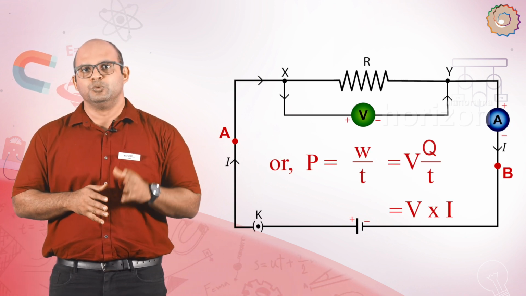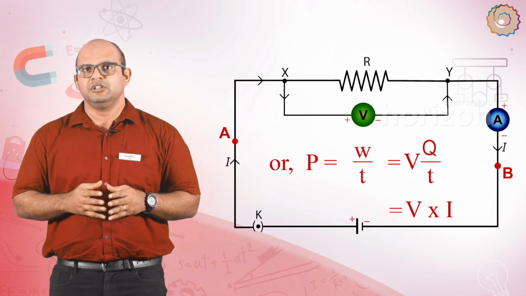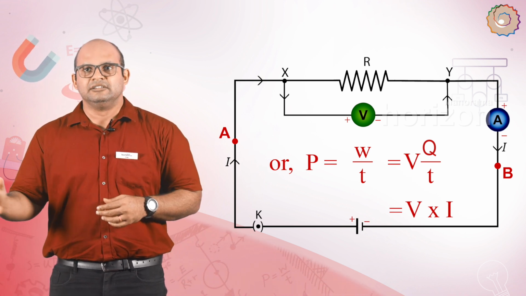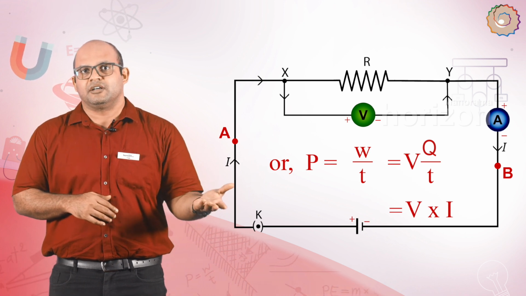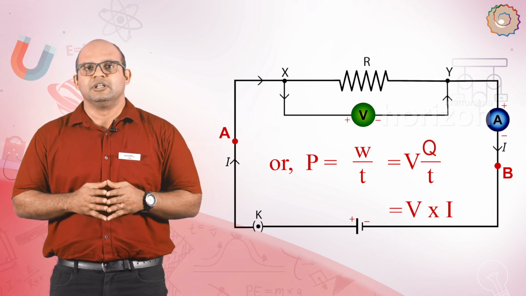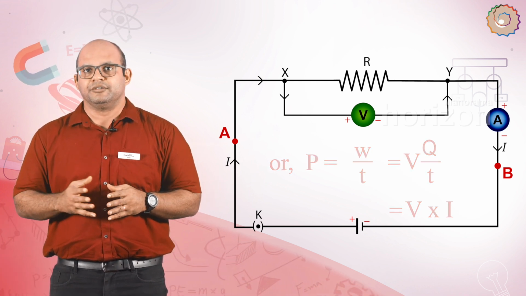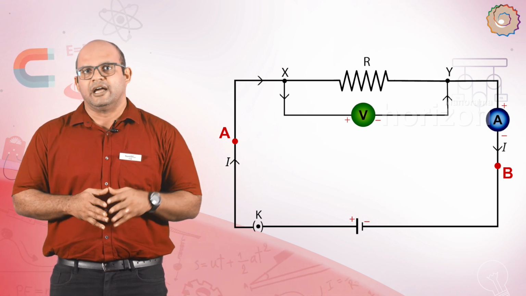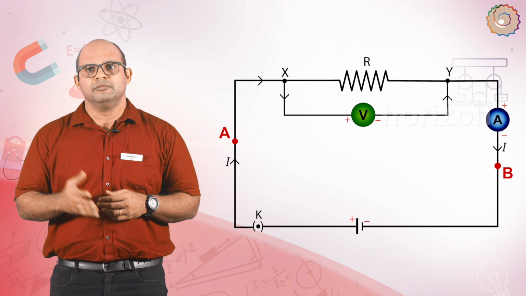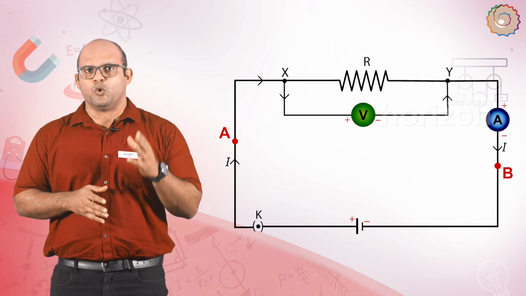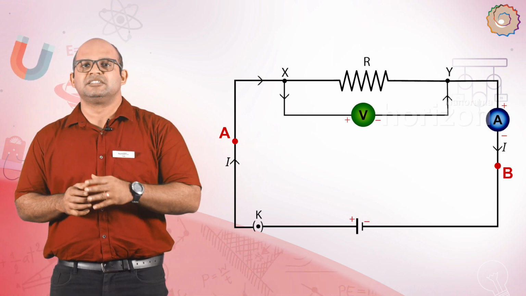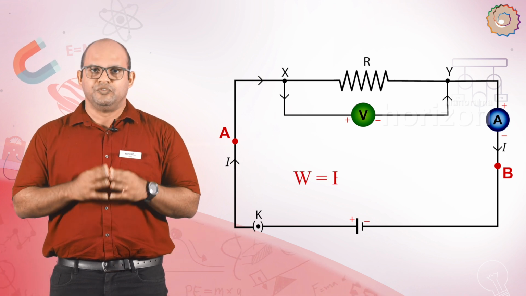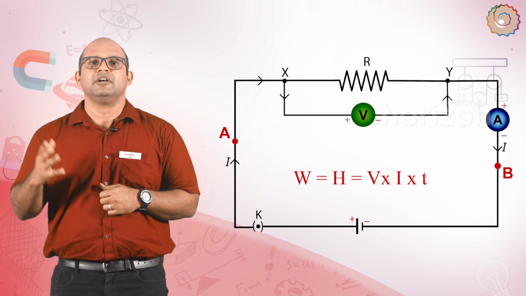That would be equal to V multiplied by Q divided by t. We already know that Q upon t, that is charge per unit time, is current. So we get a new expression, V multiplied by I. Since energy is power multiplied by time and power is equal to V multiplied by I, the total energy expended in this circuit to move this charge from point A to point B is V multiplied by I multiplied by